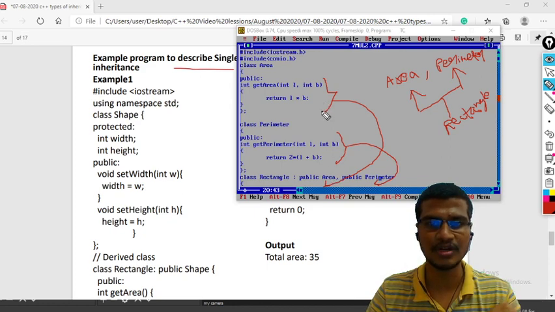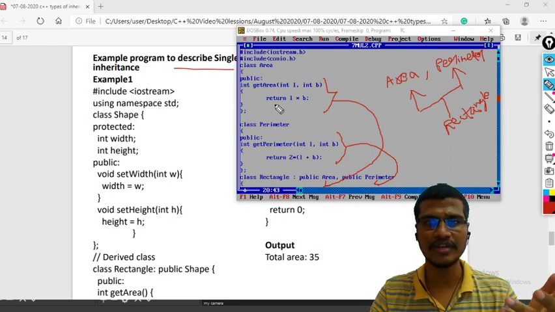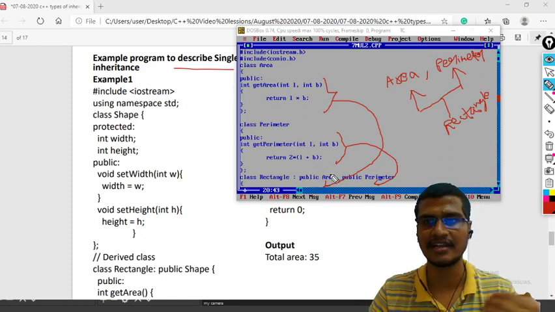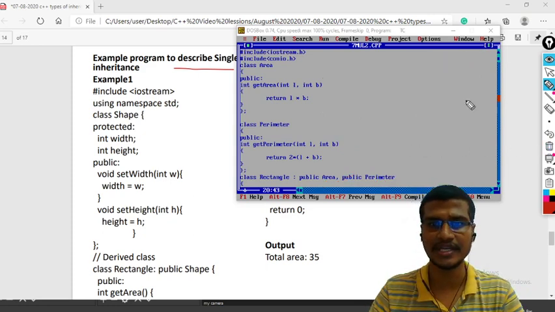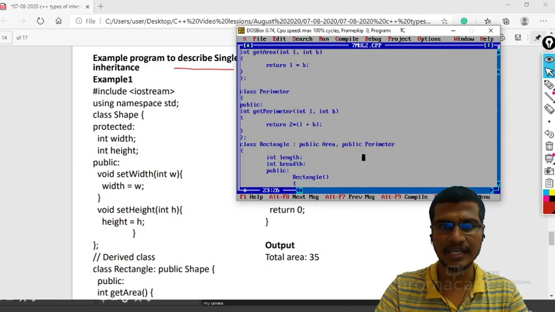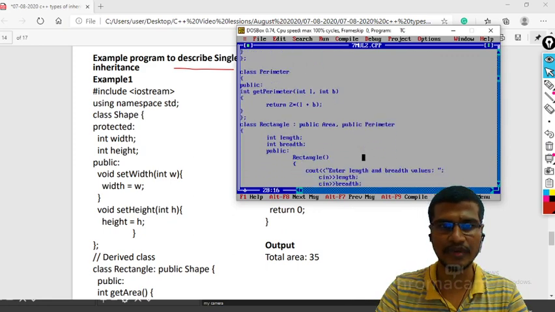Public will come into public section, protected will come into protected section. Here, if we don't have any protected, public members of area will come into the public data members in the rectangle, and public members of the perimeter will become public data members in the rectangle class, so that I can easily reuse. Okay. Now I will go to this one. So I am deriving, and I am having these two values, length and breadth.